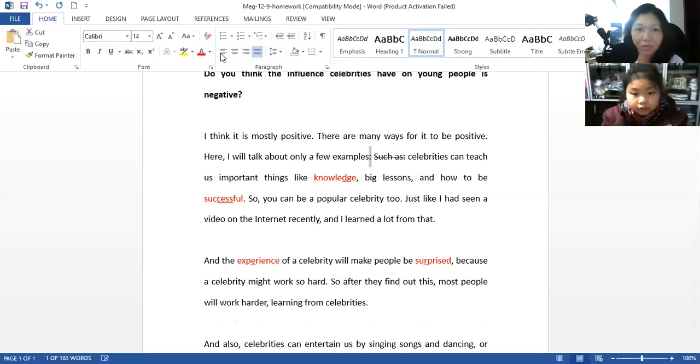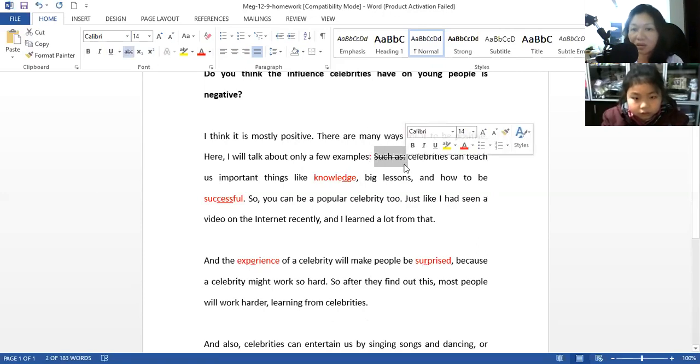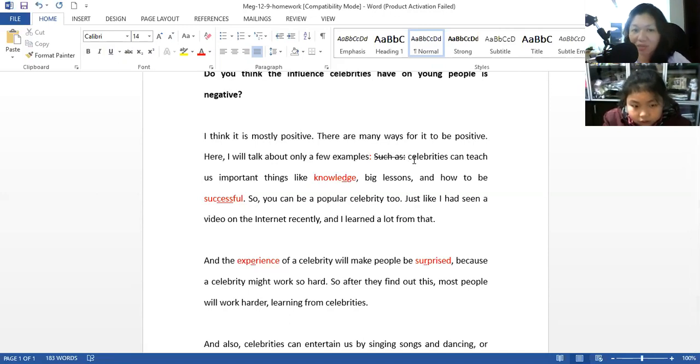See? If you move your colon here, then you don't need this at all. You don't need such as, it becomes unnecessary. I will talk about a few examples, only a few examples. So before you mention the celebrities, what connecting word can you insert there in this sentence? Maybe like. Like, mm,